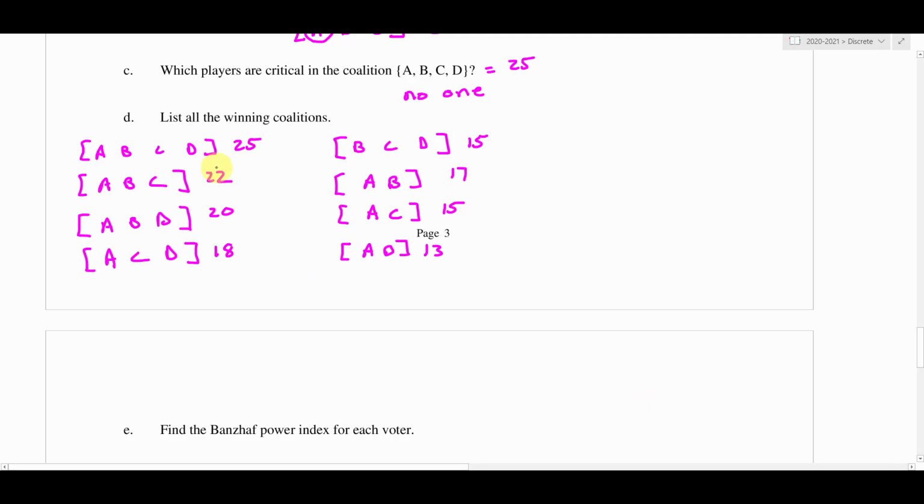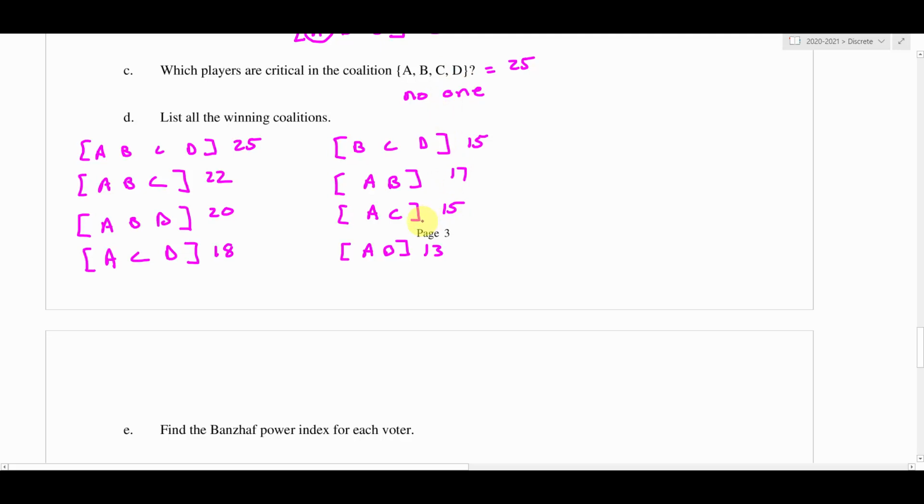All right, so there we go. I got 8 total winning coalitions, and you can feel free to check me, see if I missed any. Maybe there's a coalition you think I should have up there. That's fine. Just send me an email and let me know. I do make mistakes, but I'm going to run with these 8. I'm going to assume that these 8 are the only 8 winning coalitions that you can find out of our